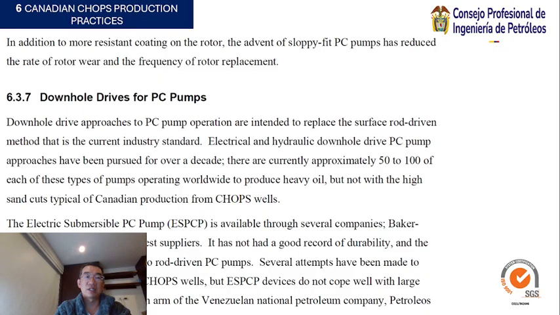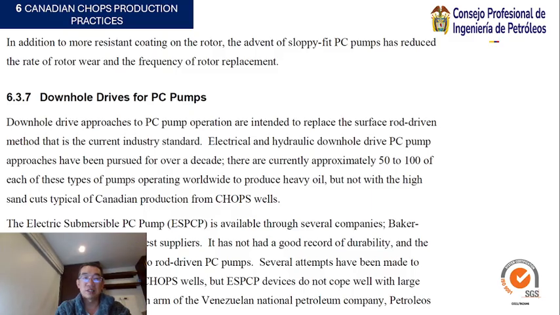Downhole drives for PC pumps. Downhole drive approaches to PC pump operation are intended to replace the surface rod driven method that is currently the industry standard. Electrical and hydraulic downhole drive PC pump approaches have been pursued for over a decade. There are currently approximately 50 to 100 of each of these types of pumps operating worldwide to produce heavy oil,